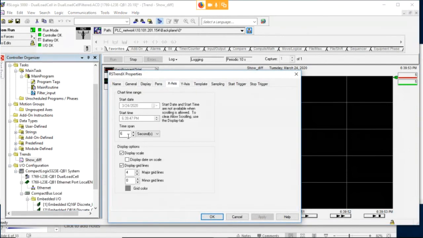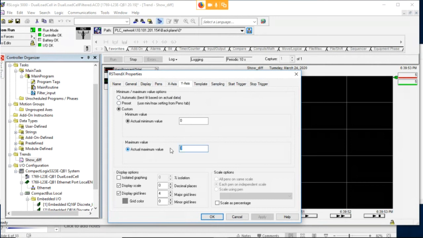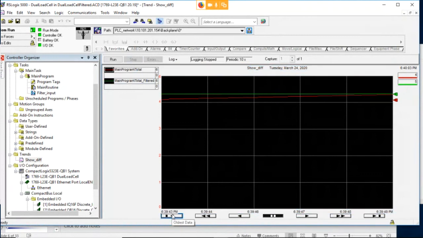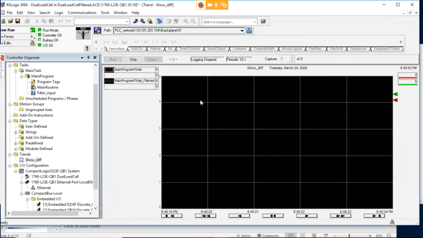Properties, x-axis 6, y-axis 0 to 6. Oh, I put 6 in the wrong spot. Shoot. Okay, so I missed that beginning. Let me see. Hopefully I captured it. No, I don't. Or maybe it just jumped up real quick. All right, so I didn't quite capture the bit that I really wanted to there, but I might have to build a little fill-in circuit piece or something here. But as we run this now,